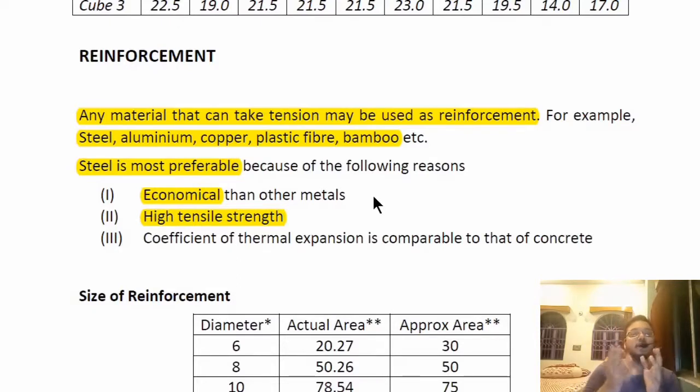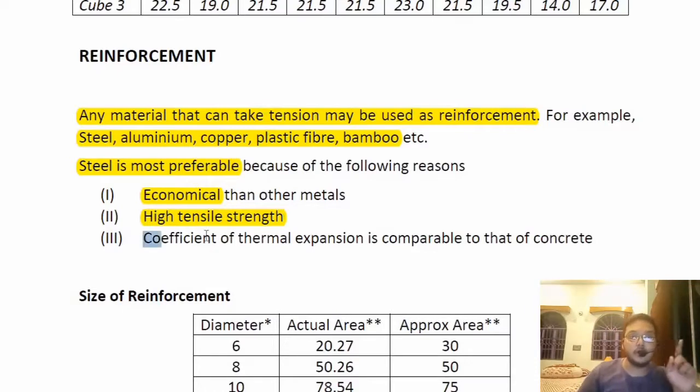Even if there is some other metal which provides maybe a little bit higher tensile strength than steel, it may not be correct that that particular metal will be as economical as steel is. So this is one important criterion, because it is both economical and giving a high amount of tensile strength, and that is why we are taking steel.